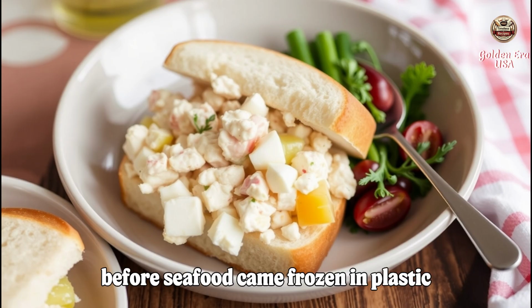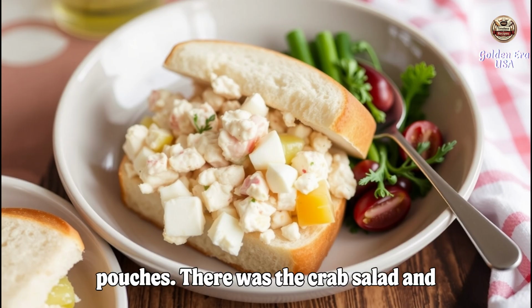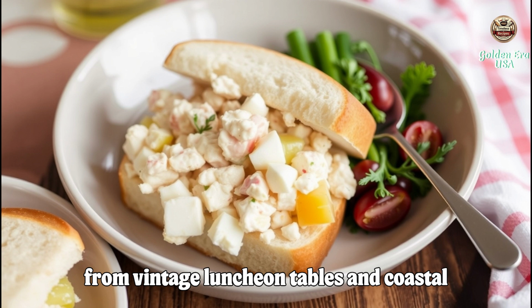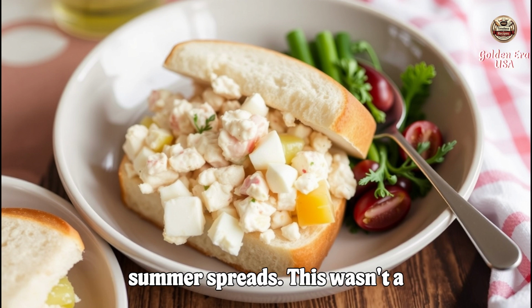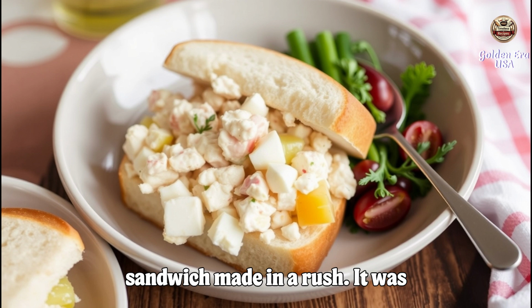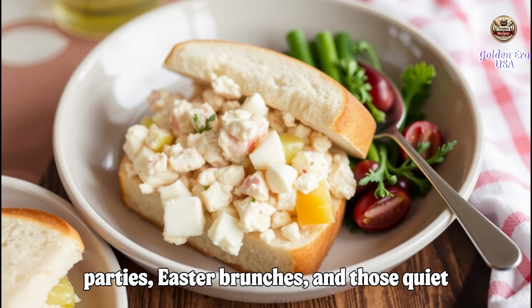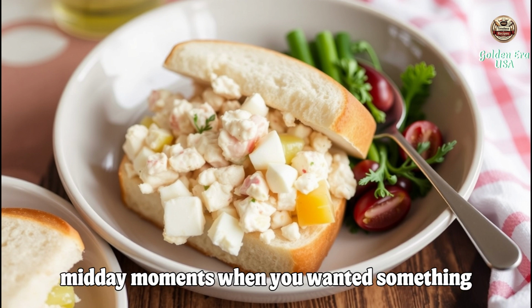Before seafood came frozen in plastic pouches, there was the crab salad and celery sandwich, a cool, creamy favorite from vintage luncheon tables and coastal summer spreads. This wasn't a sandwich made in a rush. It was one made with care, designed for garden parties, Easter brunches, and those quiet midday moments when you wanted